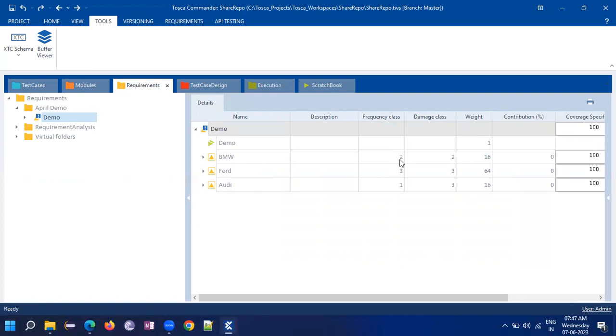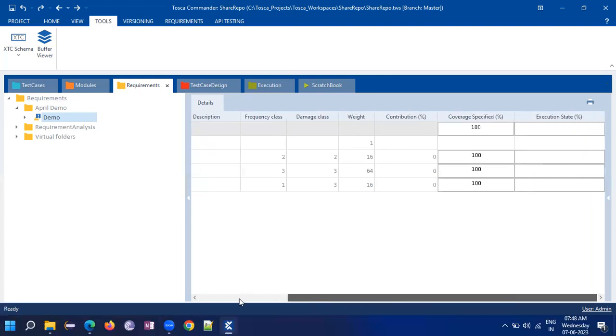So this will be 4 and this will be 4, and if you multiply both of them, it will be 16. In the same way, if the frequency class is 3 and the damage class is 3, then 2 to the power 3 is 8, and the other is also 8, and 8 times 8 is 64. This is how it gets evaluated. So this way we have to create the requirement, and then we have to add the link